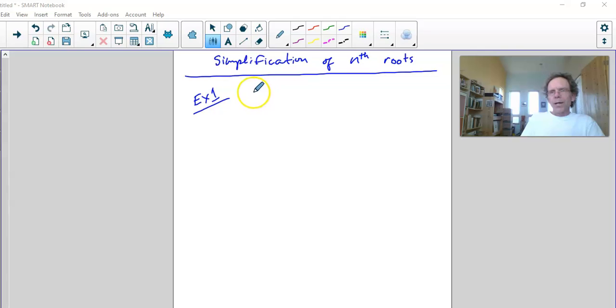All right, we are going to do some simplification of nth roots. And to start with, I want to do this problem: the cube root of 24. I'll show you a sort of slow and hard way, and then we'll have an easier way to look at this. So if you think about it, 24 is 8 times 3, right? And 8 is 2 cubed. So you could write this as 2 cubed times 3,